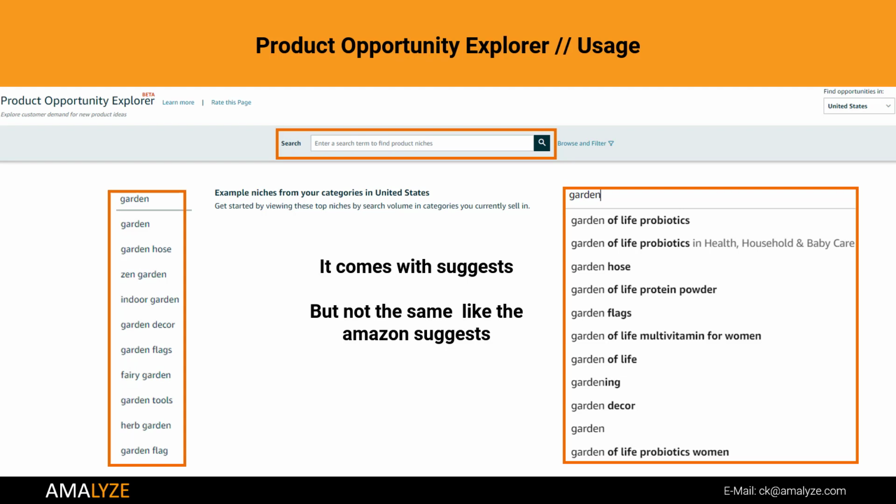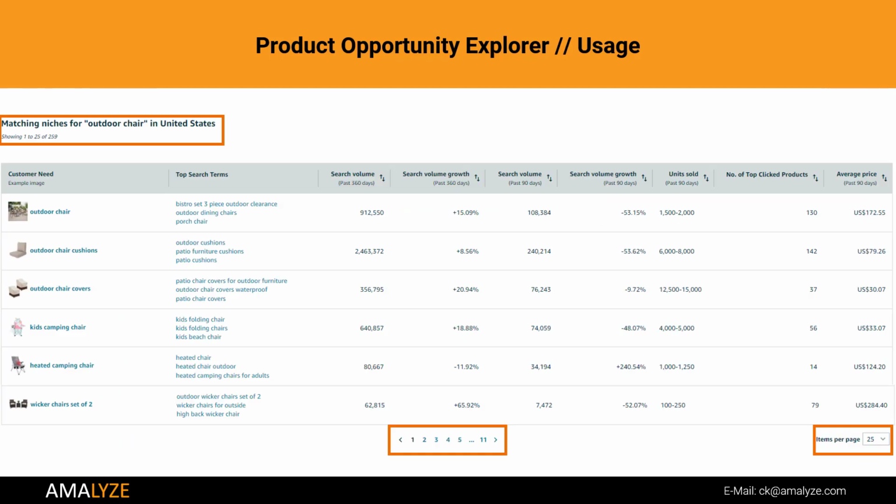I've chosen the Amazon suggest for garden on the right side, and you see the Product Opportunity Explorer suggests on the left, just to know it. After entering a word, you will find that situation: Matching niches for outdoor chair in United States, showing 1 to 25 of 259. So we will have over 250 different customer needs shown on a page with a maximum of 25 images